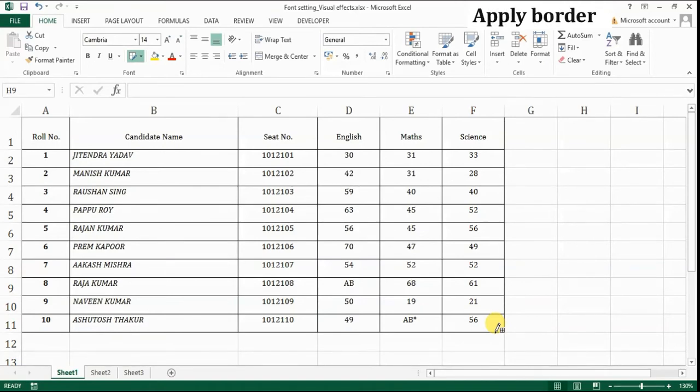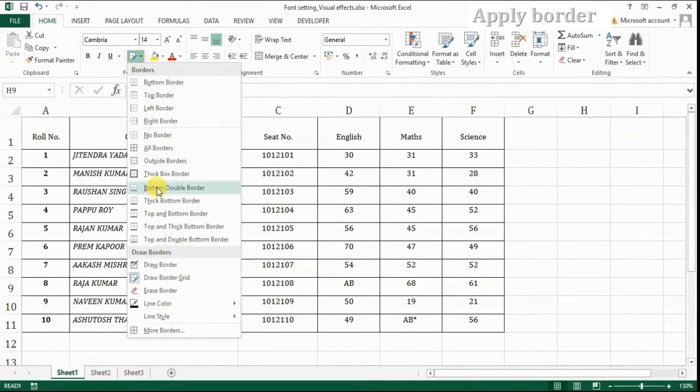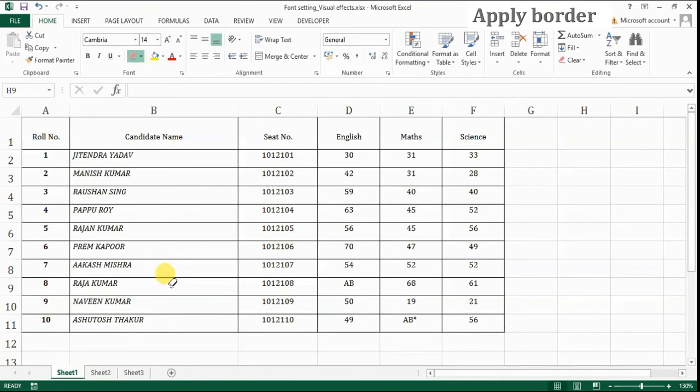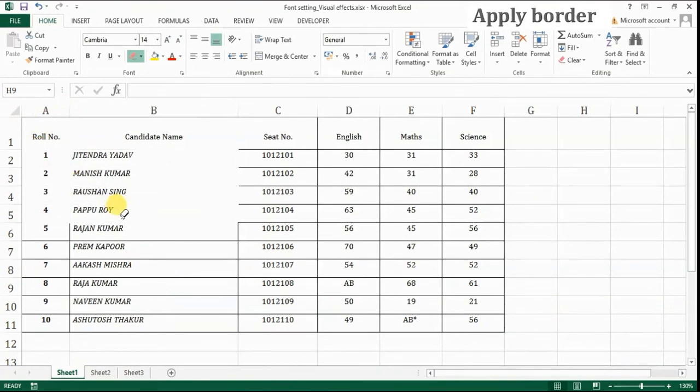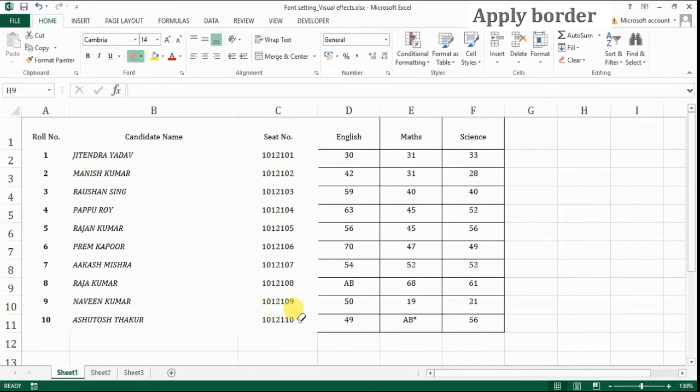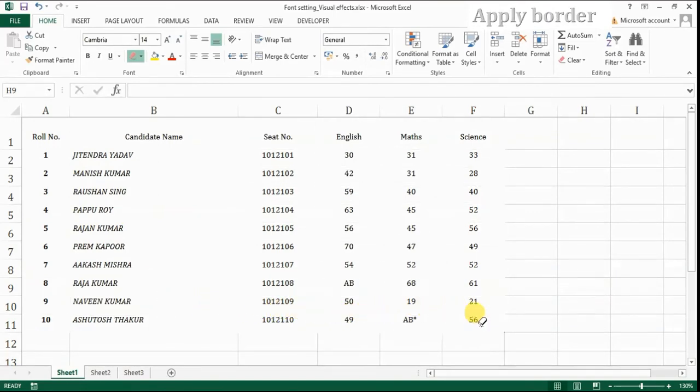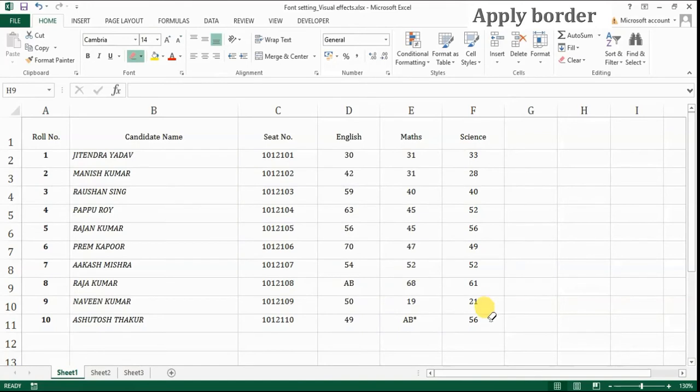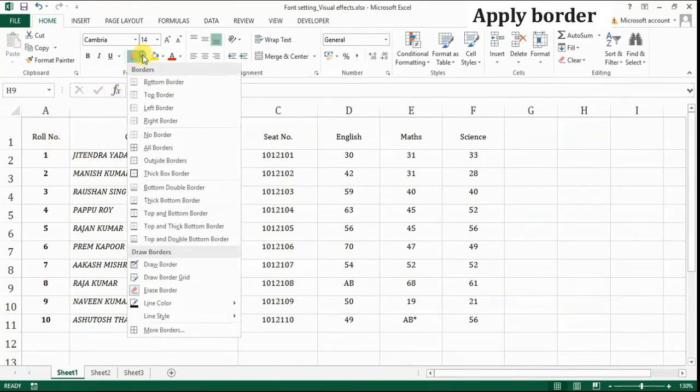If you want to erase the border, use the option erase border. Like an eraser, you can erase all the borders or specific border in this way. You can change the line color of the border using this option.